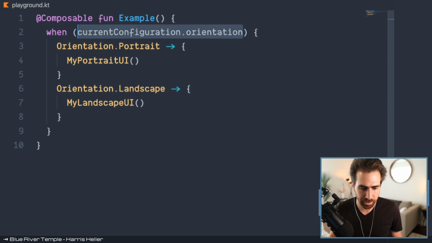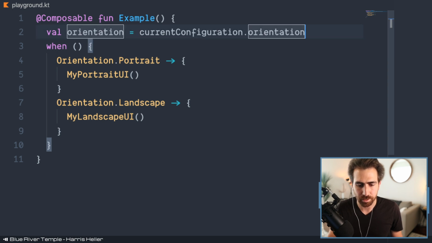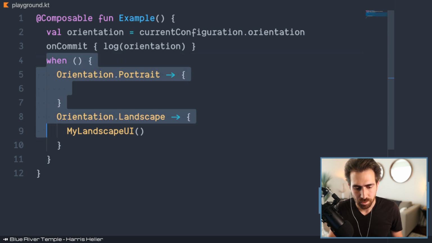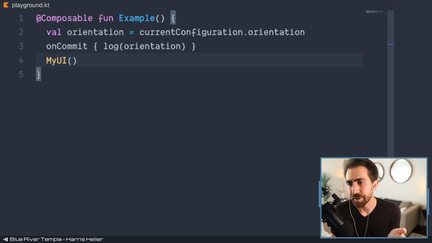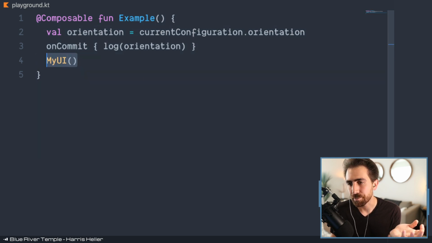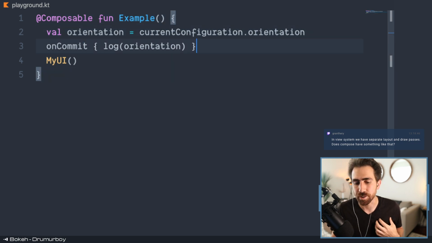But for instance, if you're using it in some other way, and you just had your UI, and your UI wasn't actually affected by the orientation. So you might be using it in some way, but whatever's composed down here is unaffected. This would end up being a very efficient thing. Whenever the orientation changed, this would get recomposed, but this would skip, and the runtime would see that, so you would do no work here, and it would be a very cheap thing to do. And so this is sort of the direction that I want us to go